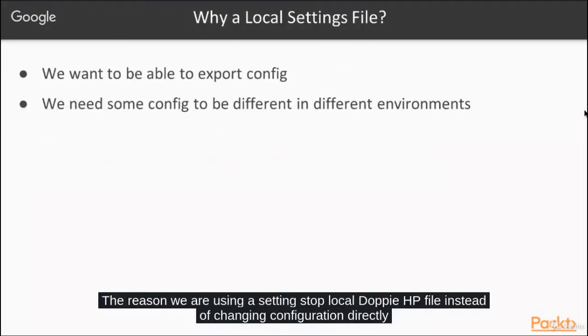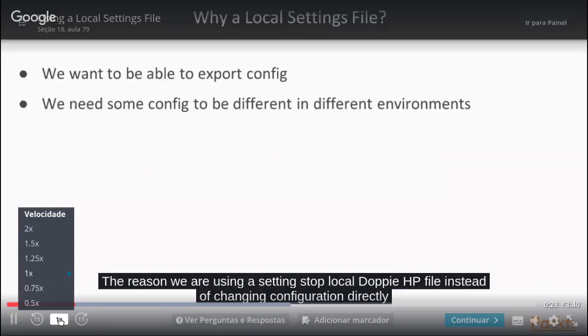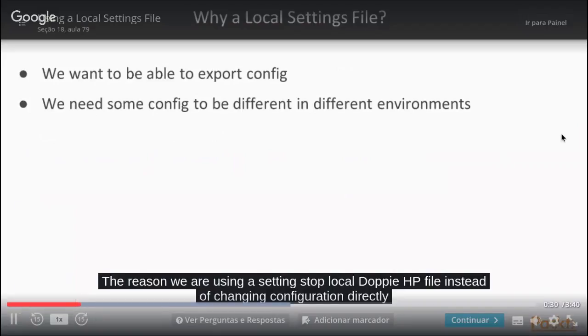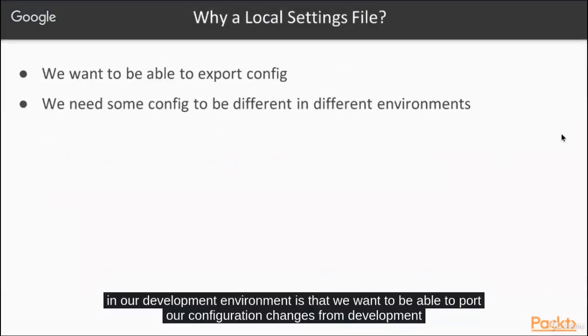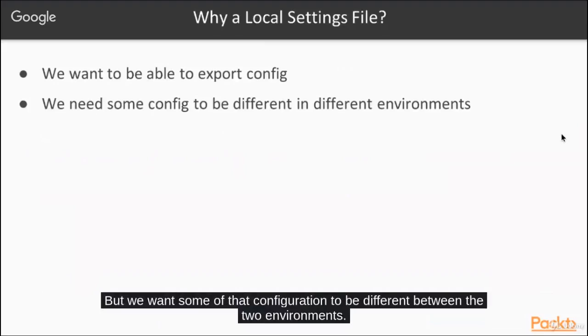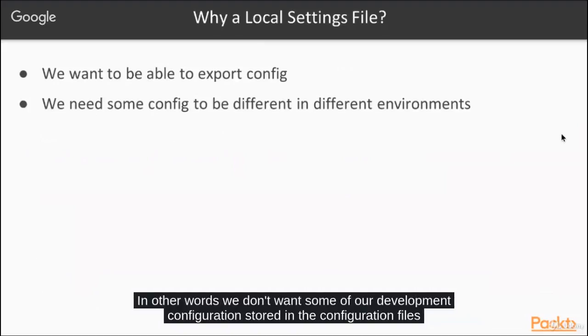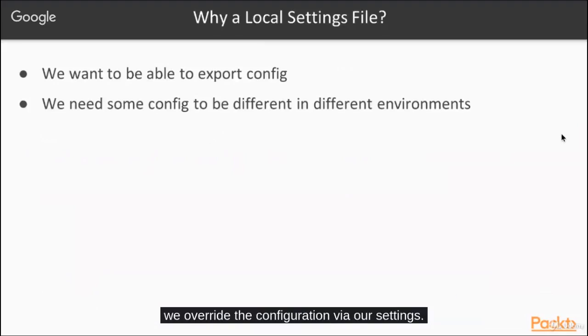The reason we are using a settings.local.php file instead of changing the configuration directly in our development environment is that we want to be able to port our configuration changes from development to production. But we want some of the configuration to be different between the two environments. In other words, we don't want some of our development configuration stored in the configuration files. We override the configuration via our